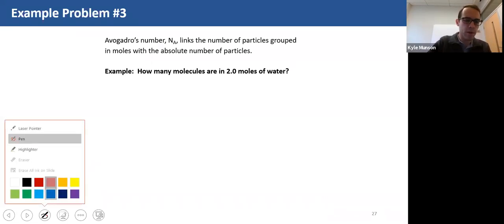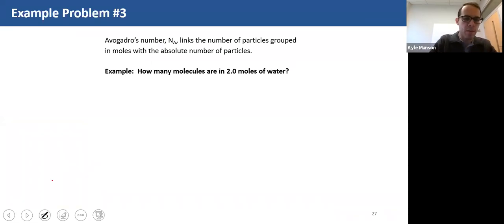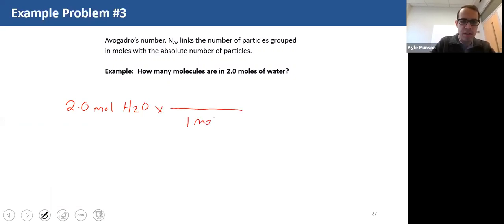Well, I'm going to do this one a little bit faster. So if I have 2.0 moles of water, remember, for every 1 mole of a substance, in this case water, there's 6.02 times 10 to the 23rd molecules